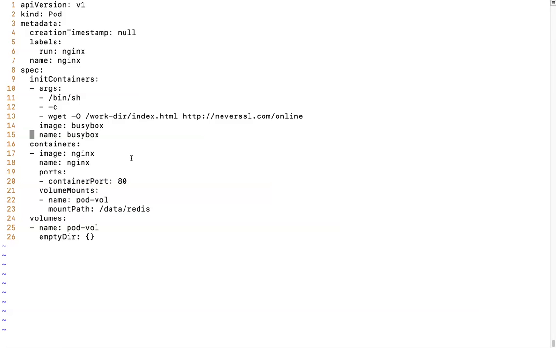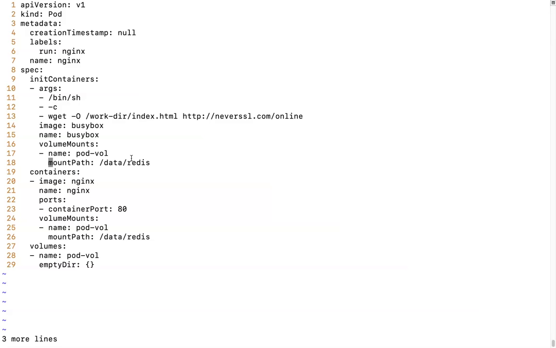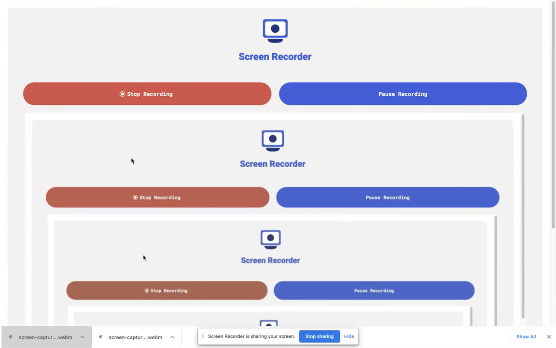Let's not type it. We'll just do a copy paste here. So you have lines 21 to 23. Okay, and let's paste it under line 15. So we are good here. It has been pasted. The volume mount name, let it be pod-volume, and so the mount path is